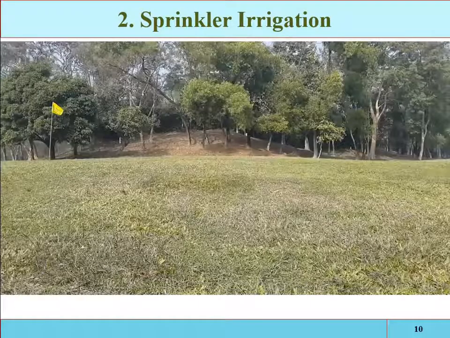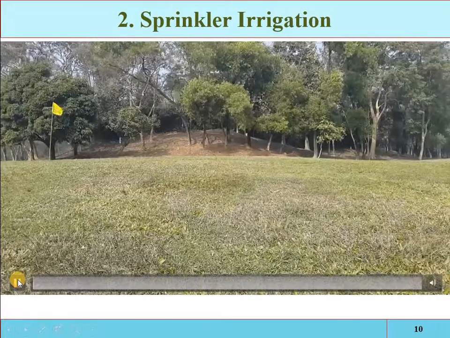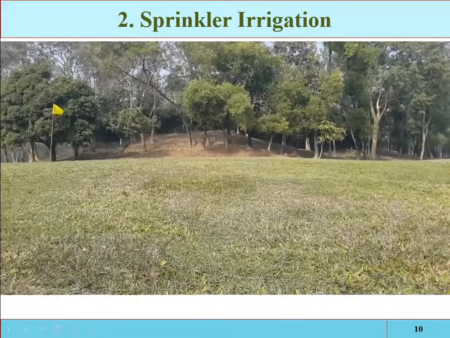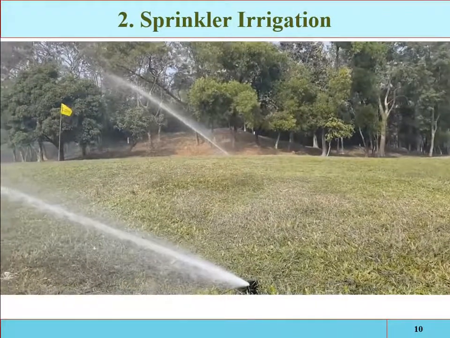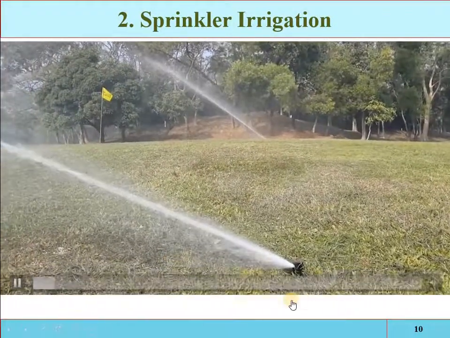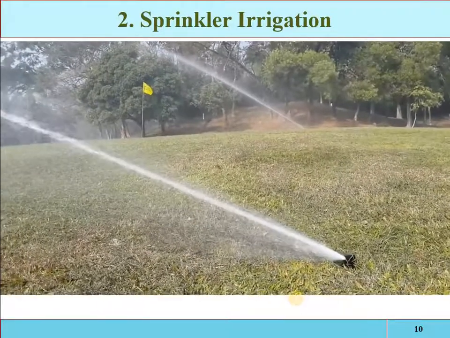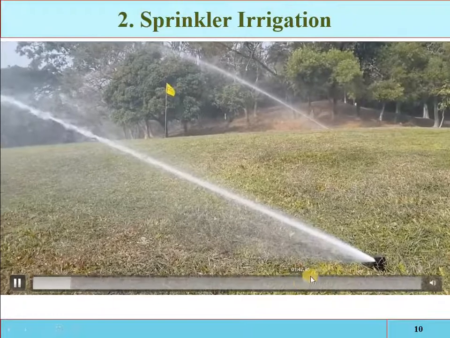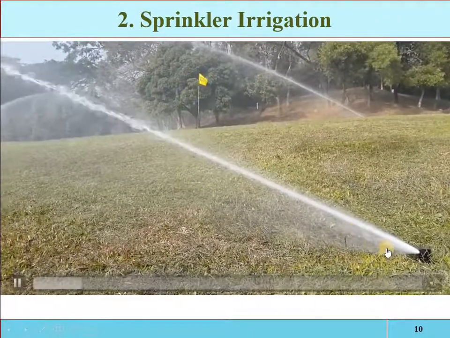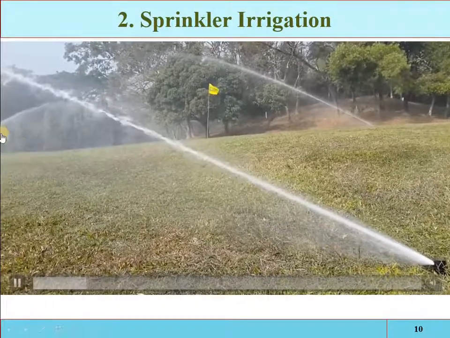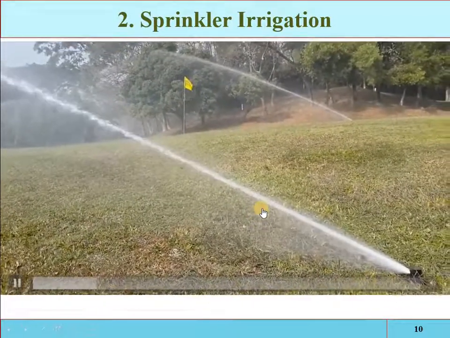This is also a type of pop-up sprinkler, which is used in irregular areas. See, these sprinklers pop up from the ground and apply the water through 360 degrees. See, the water is applied near the sprinklers and then again in the form of droplets. So the whole radius, called the radius of throw, is covered. And the sprinkler is rotating through 360 degrees.